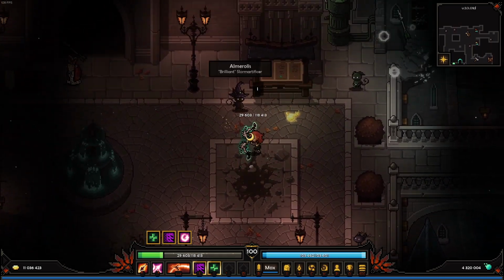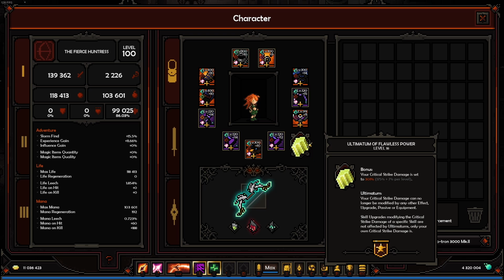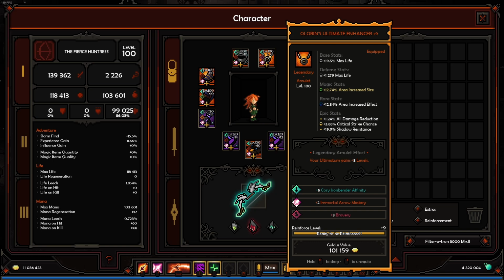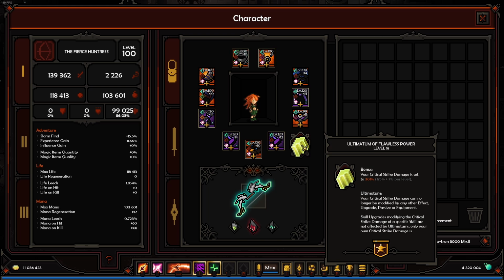So yeah, let's go over the gear, see what we have taken and why we take them. As you can see, the ultimatum is at 301, and the way we get that is through this amulet right here. Your ultimatum gets plus 3 levels. If you did not have this, it would have been